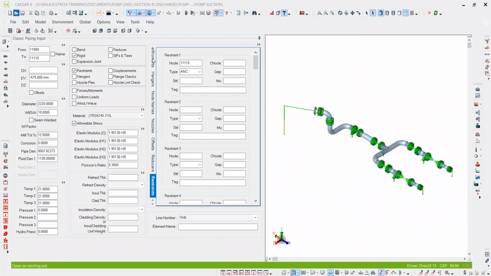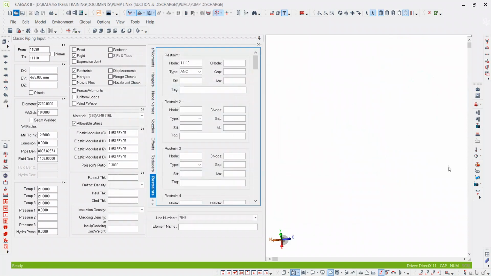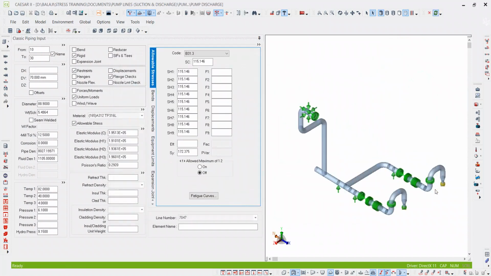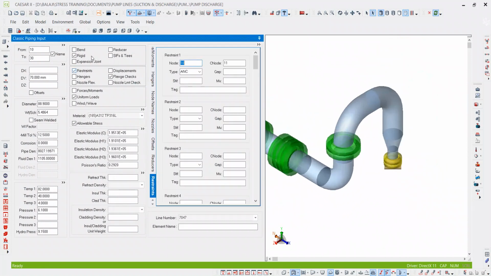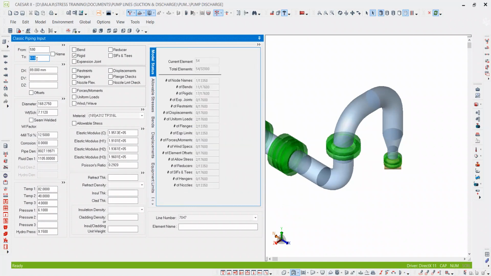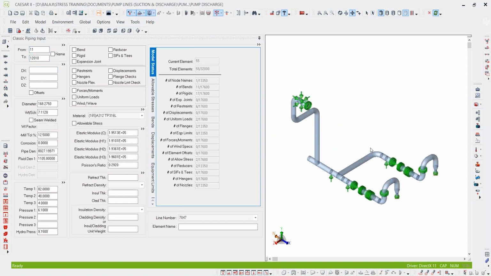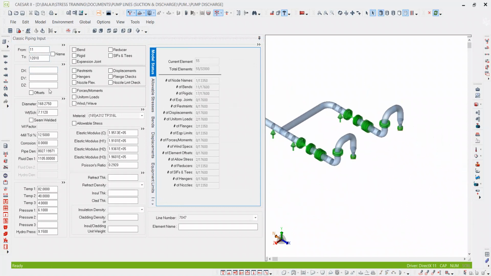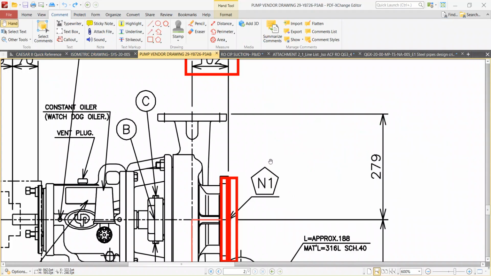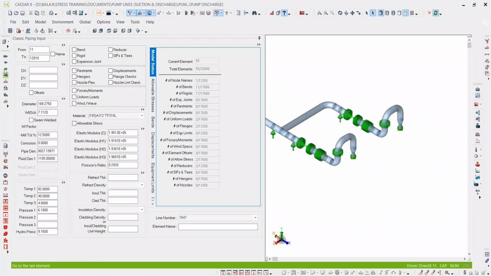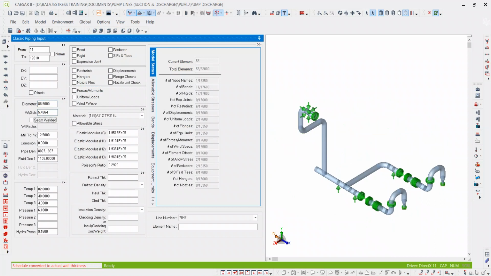I'm going to the discharge line. And this is 11. So go to the last element, 11. So now I'm going to start from 12,010. I'm going to model the pump. So one flange is there. That flange, what is the size here? 3 inch, 3 inch schedule 40. Okay. So already we have seen